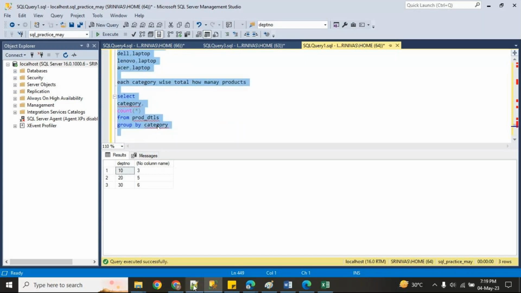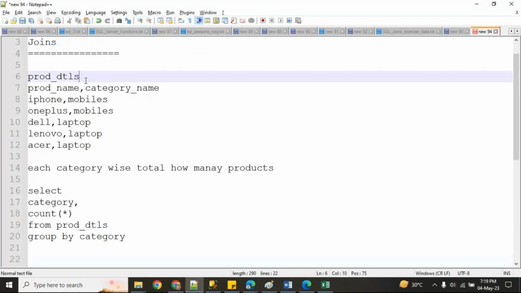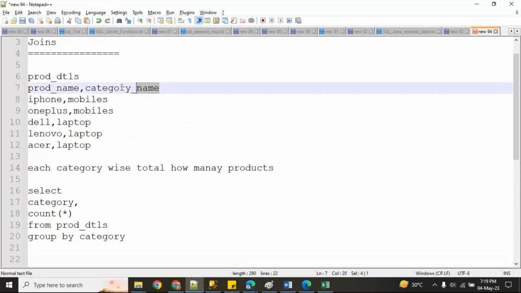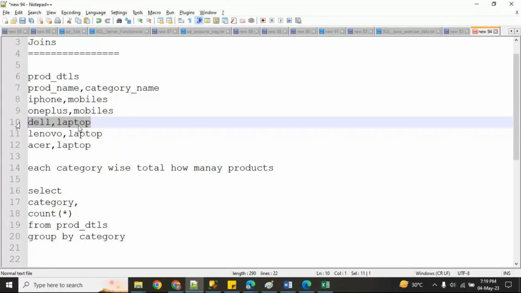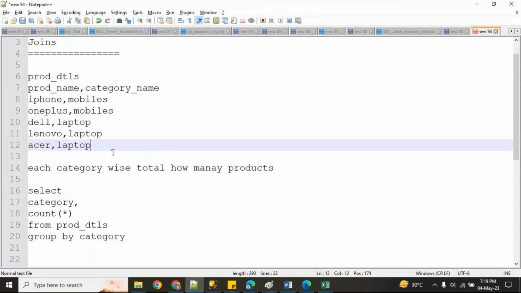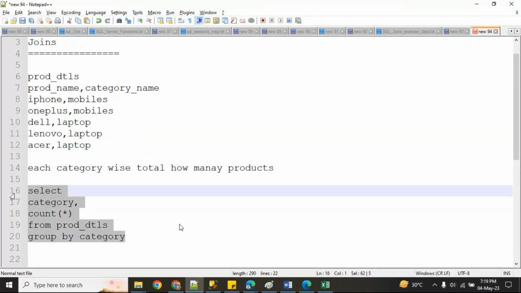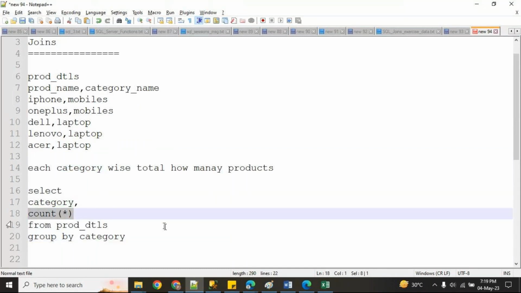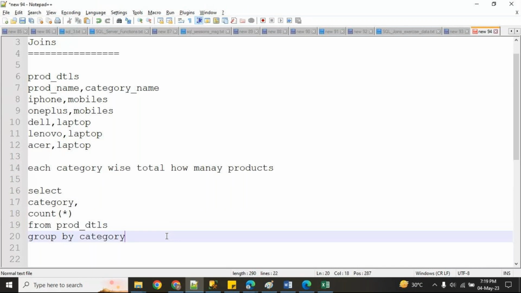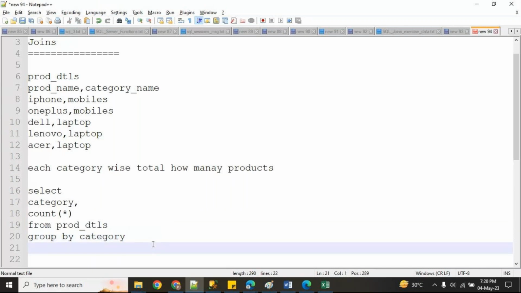Observe this one. So here I have a table. The table has two columns. This is one record. This is one record. This is one record. This is one record. This is one record. Now I have to write a query to check how many records are there, each category wise, how many products are there. There we can use the group by. Now observe here,